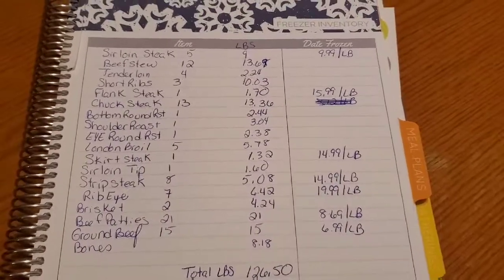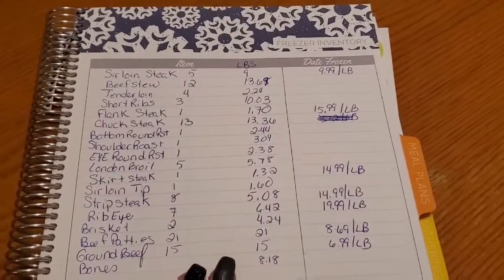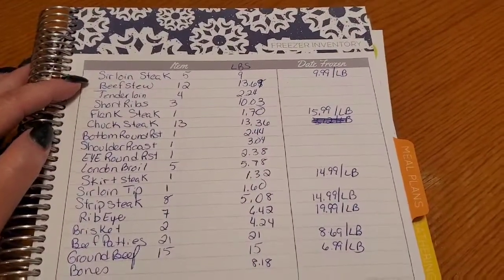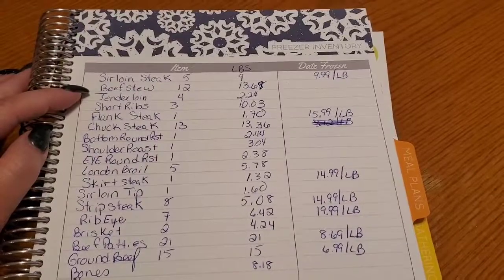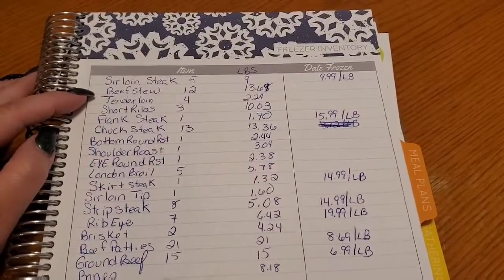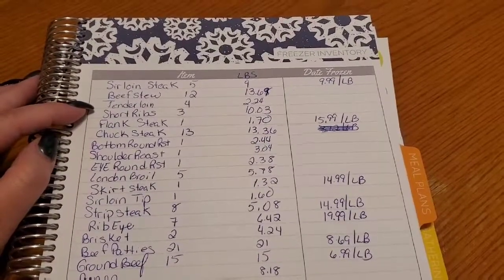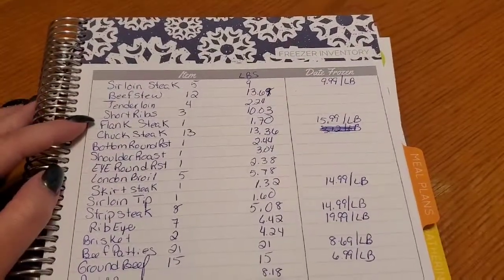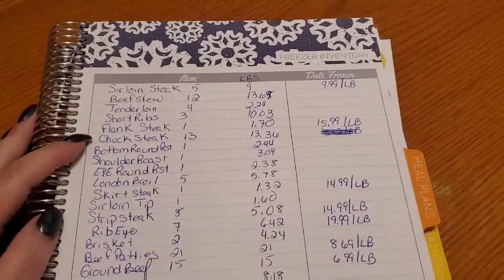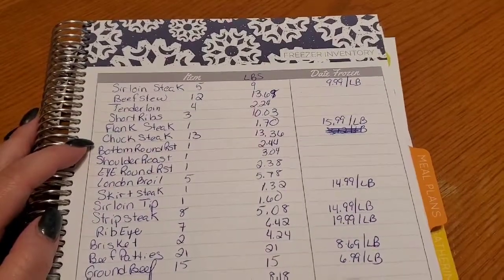Okay, so after I got everything put away, I made a list of everything we have. So we have 5 sirloin steaks for a total of 9 pounds, 12 packages of beef stew for a total of 13.69 pounds, 4 tenderloins for 2.24 pounds, 3 short ribs for 10.03 pounds, 1 flank steak at 1.7 pounds,